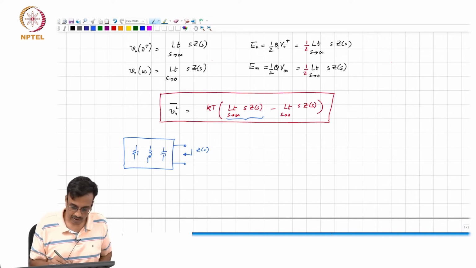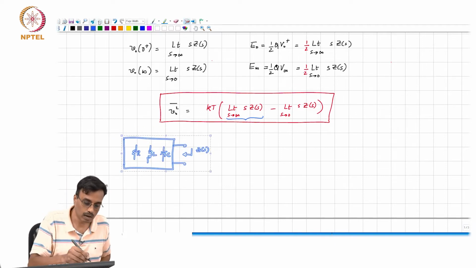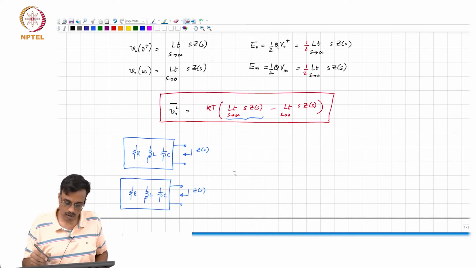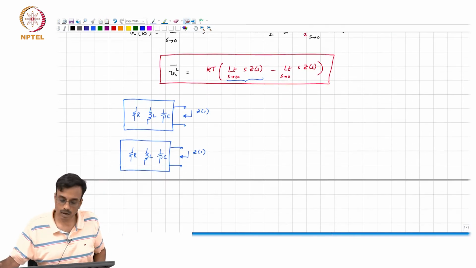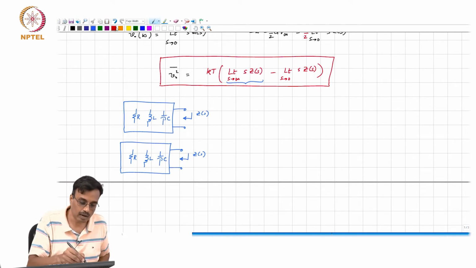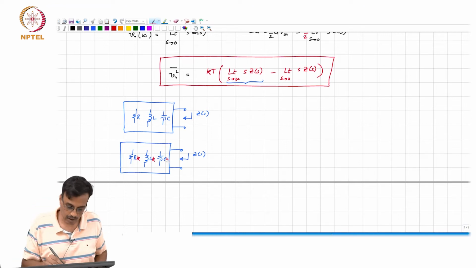Now, let us say this is R, this is L and this is C. Now, if I multiply each impedance by k,